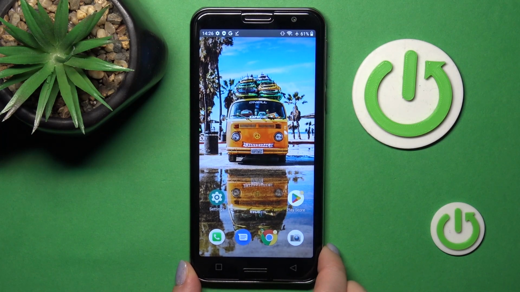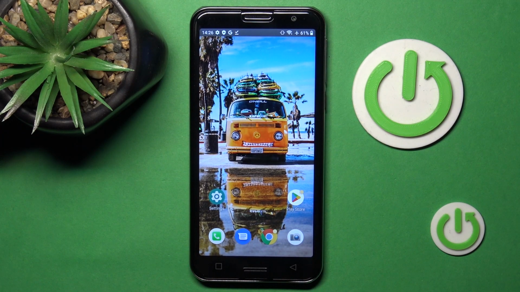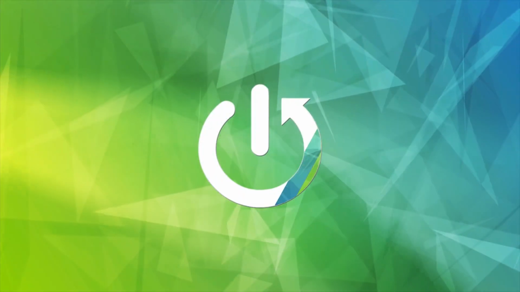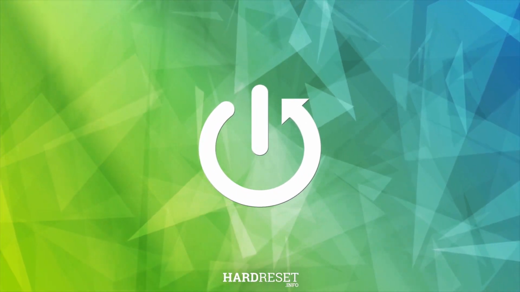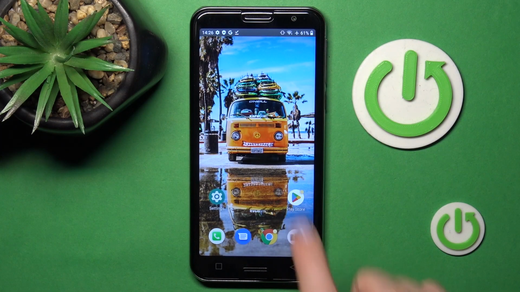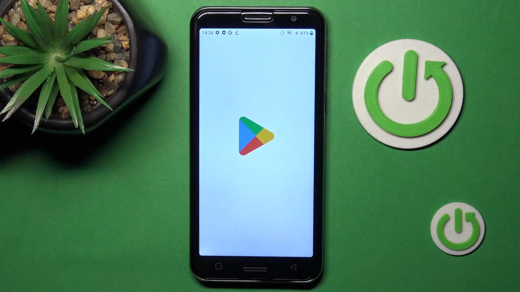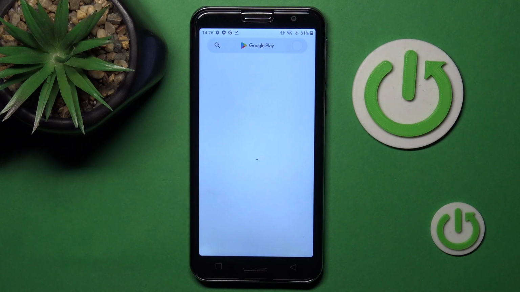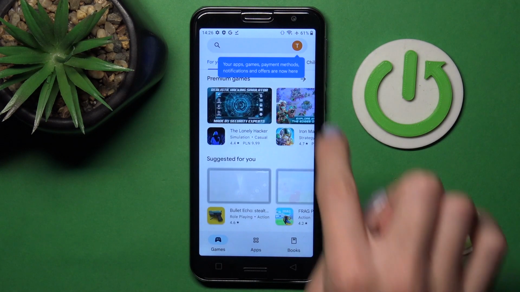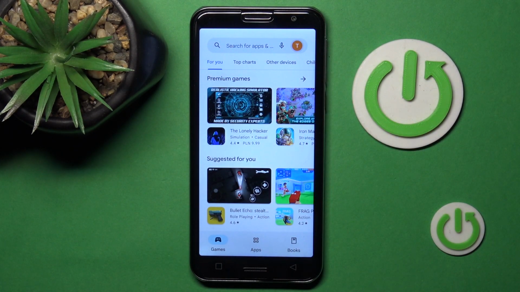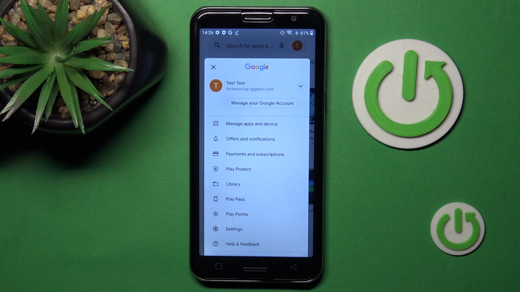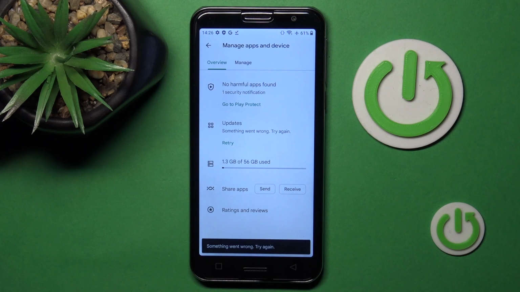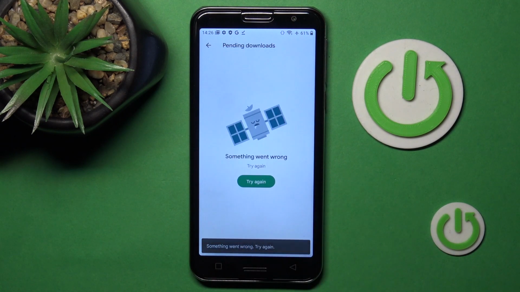Hi guys, in front of me is EMPORIA Smart 5 and let me show you how to update apps on this device. So at first open your Play Store, then click on your account icon and now select Manage Apps and Device. From the following list select Updates,